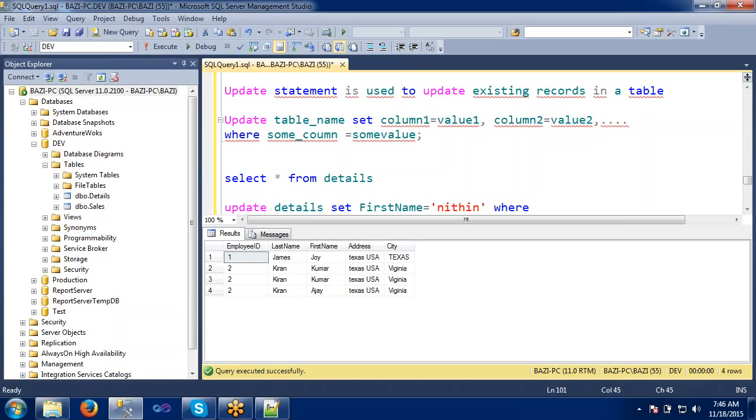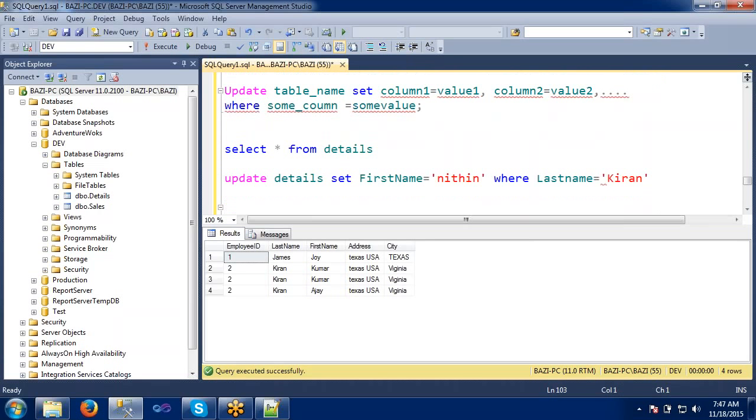Which record do I want to update? I have given first name equals to Nitin, but in which record this Nitin has to be updated should be mentioned in the where clause. Where last name equals to Kiran.